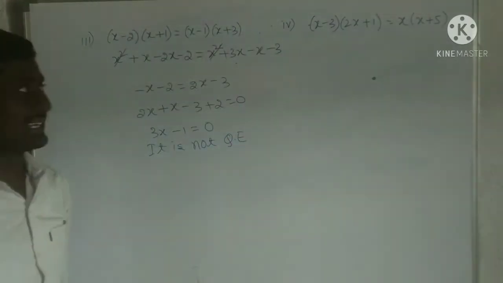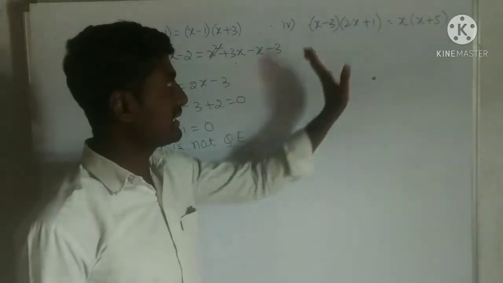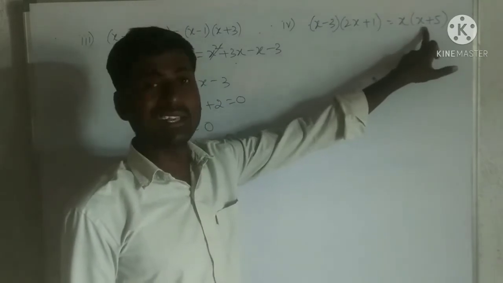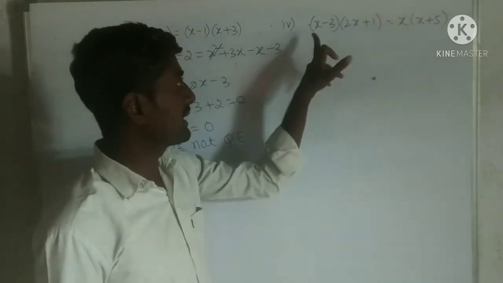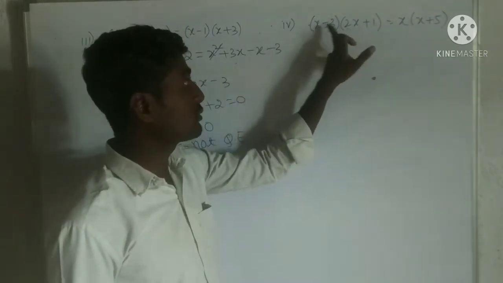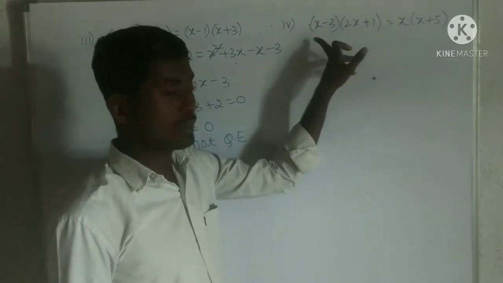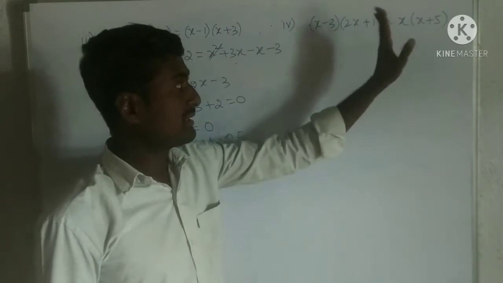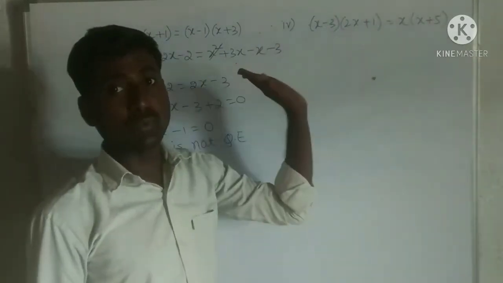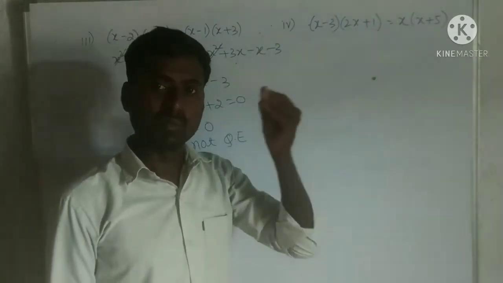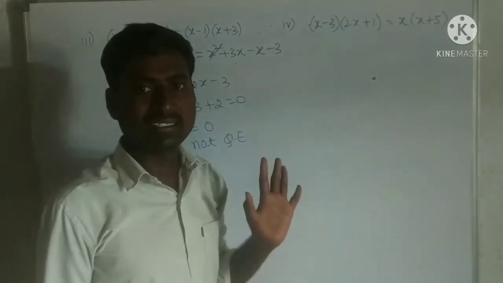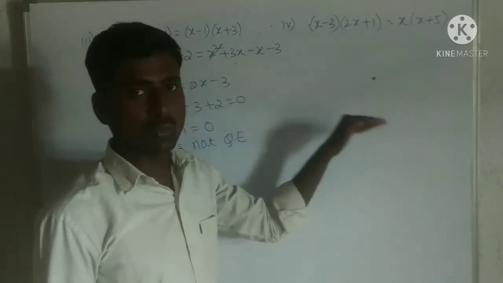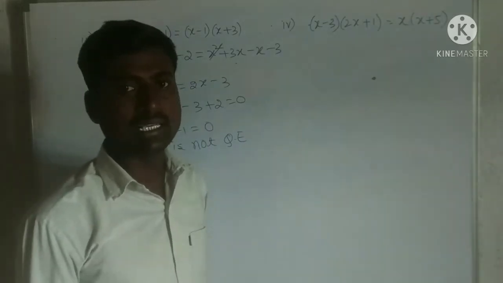Now come to this side. Here also, by seeing the question, we can give the answer. On the right side, x square plus x square is 2x square. So on the left side, after multiplying, we have 2x square, and on that side x square. So take that x square to the left. 2x square minus x square will be x square as it is. So at the end x square remains. If the x square remains, then it is a quadratic equation.